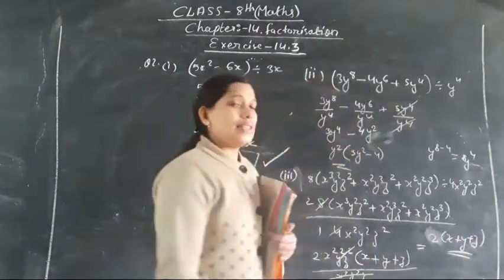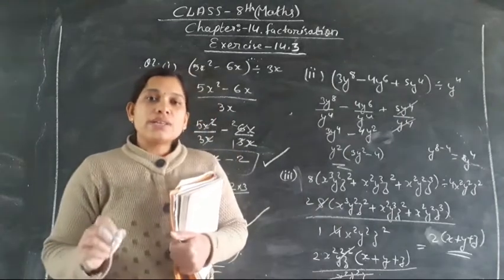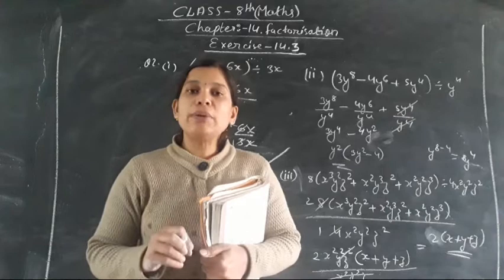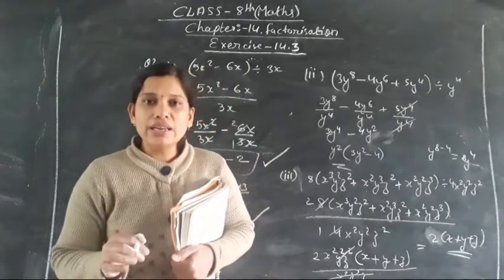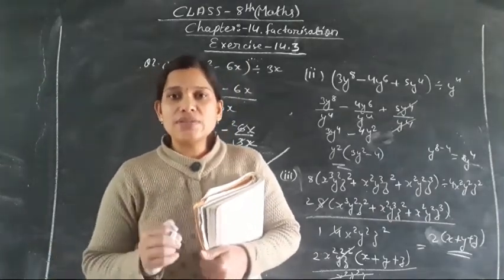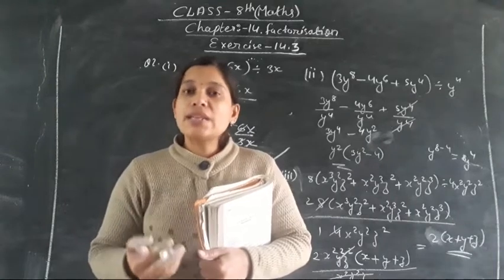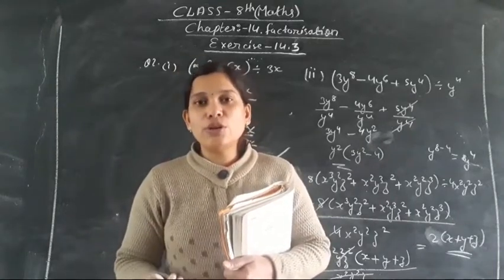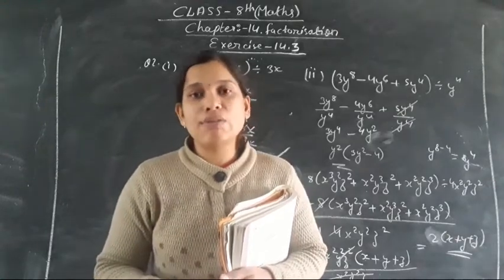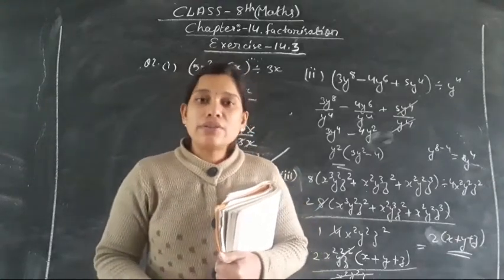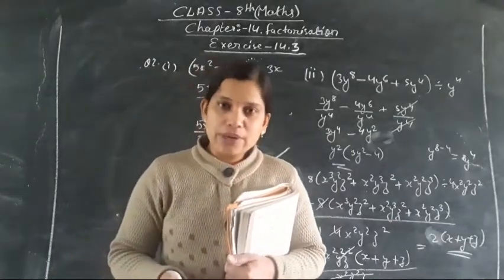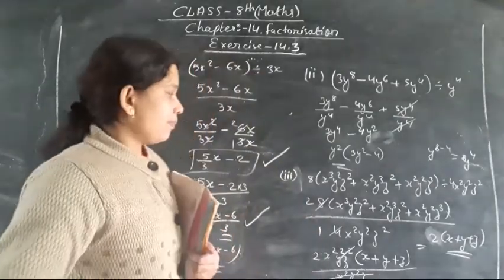This is the answer. As x square y square z square from the numerator and denominator will get cancelled, because we had already taken it as a common from inside the bracket that is present in the new denominator. So from the numerator and denominator x square y square z square will get cancelled. What is the number left out? The number left out is 2 into x plus y plus z. Clear to everyone? Now look the next one.